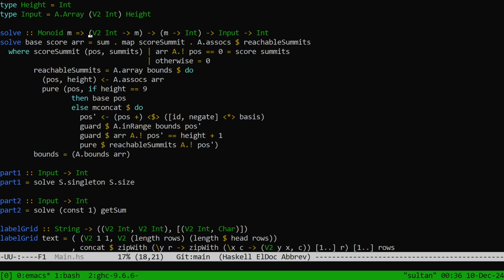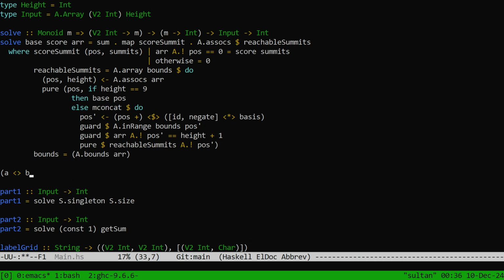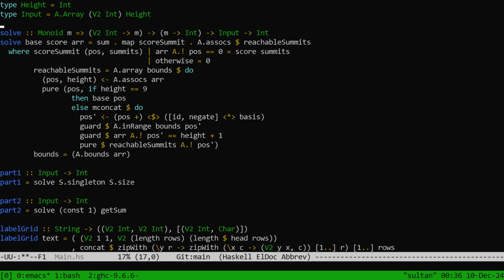Provided that that combining function is associative, i.e. that A, B, C has to be the same as... I'm so bad at associativity. How does this work? I think it's A, B, C? Yeah. Provided that those are the same, and this operation has an identity element, then your set is a monoid, and you can apply all of these monoid...